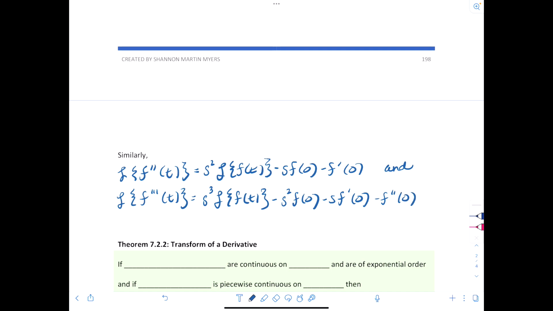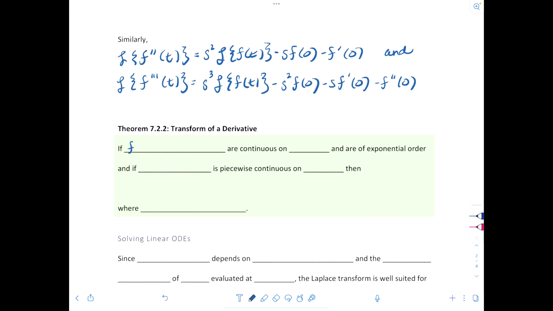So if you see that trend, it turns out that if f, f prime, f double prime, all the way to the n minus first derivative of f are continuous on 0 inclusive to infinity non-inclusive, and they are of exponential order, and if the nth derivative at t is piecewise continuous on 0 to infinity, then the Laplace transform of the nth derivative at t is going to be